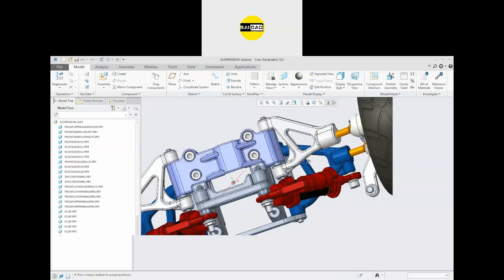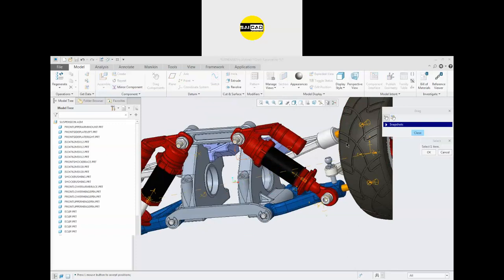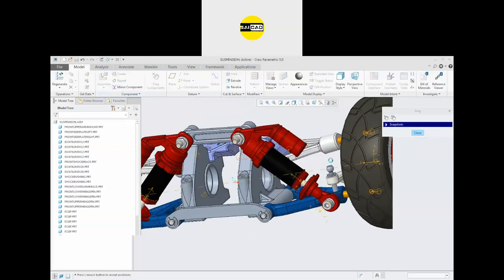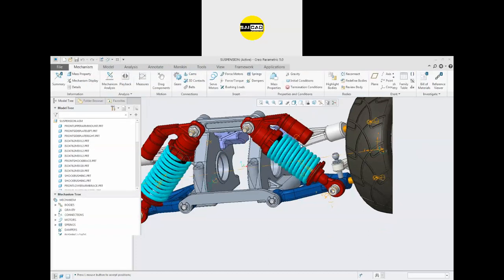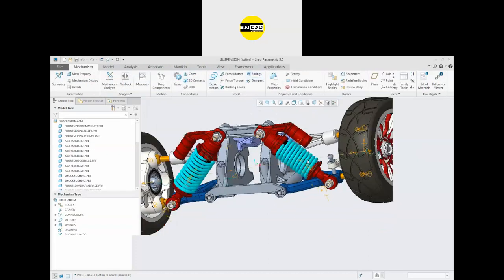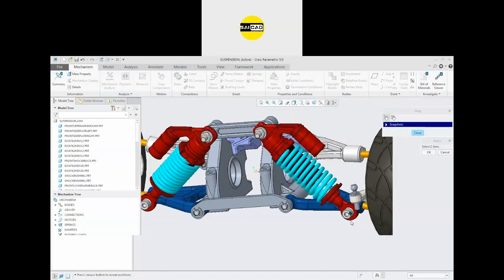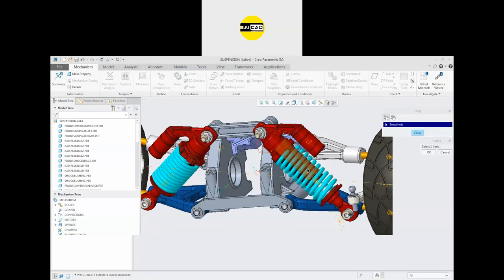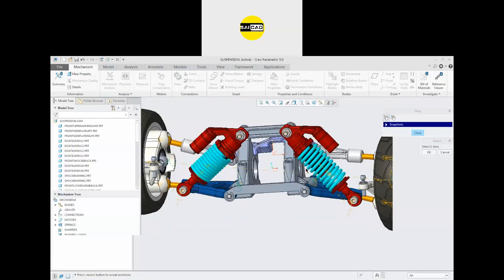Okay, you can see now these are the properly constrained things. Go to the track and move it down. So to check the string here, we have the mechanism option. And you can see I've applied a string from here. This is the string, and if you move it, you can see that it will extend and compress according to the requirement. So any question?